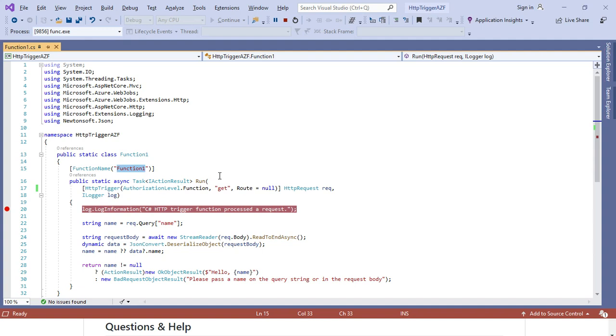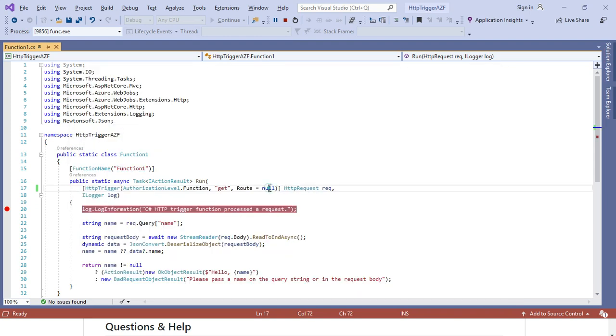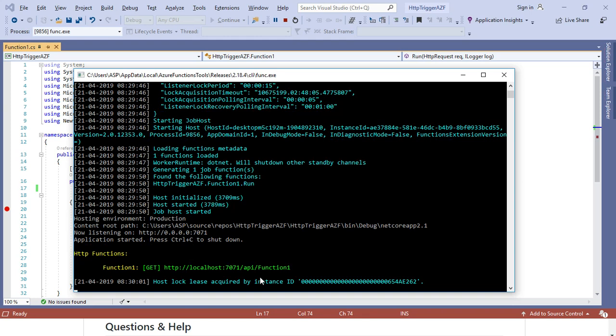If I change it to Function2, 3 or 4, it will take it from here, not from the class name. It is just taking the function name. So if you create some other name, it will take that. So it has created localhost port 7071 slash api slash Function1. You can also set your own route here. So by default it has set this, and I will trigger